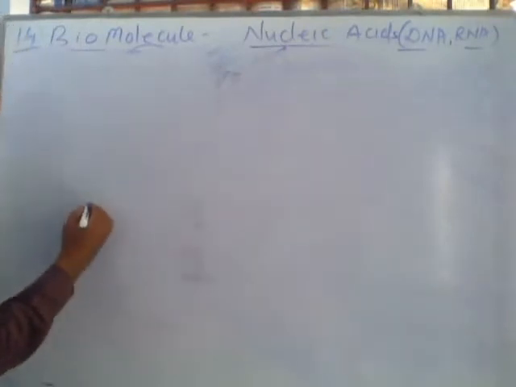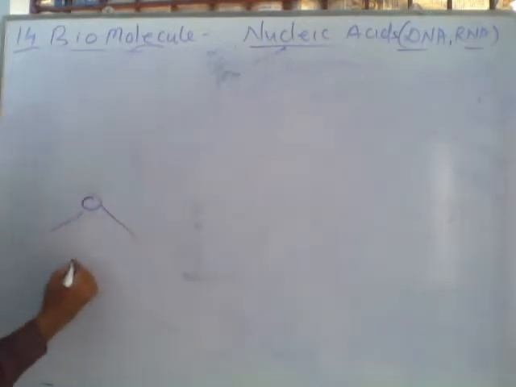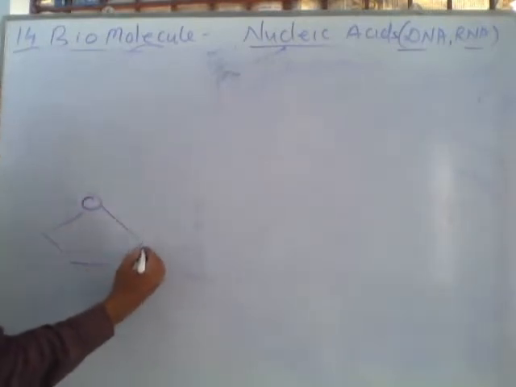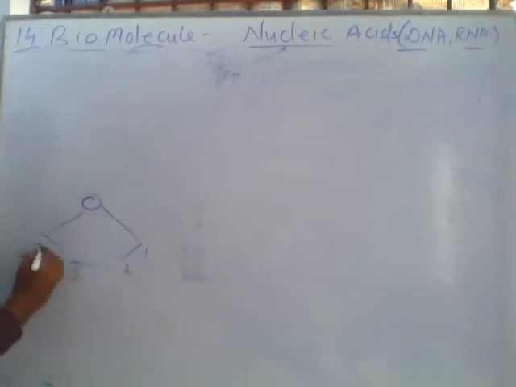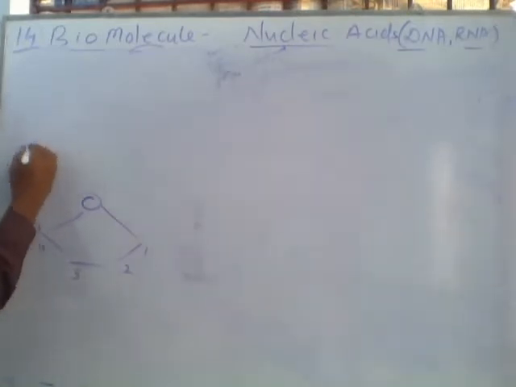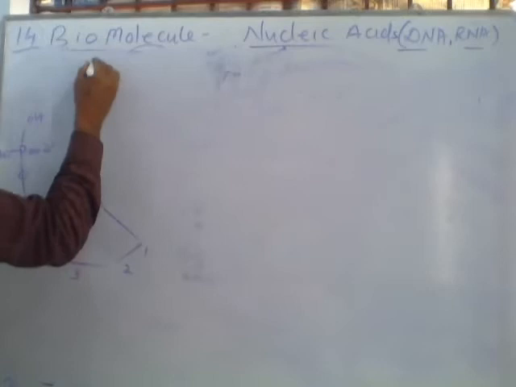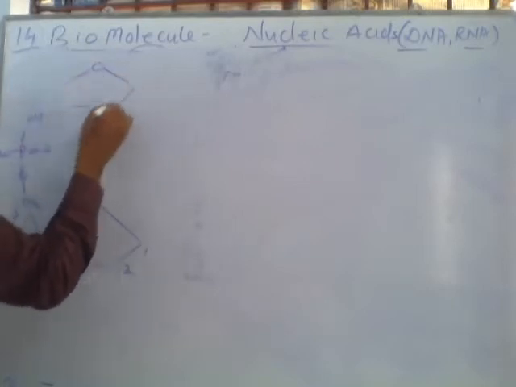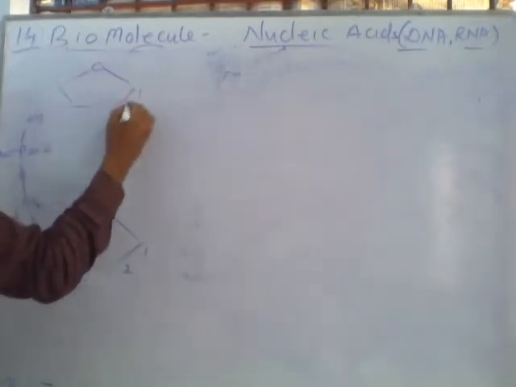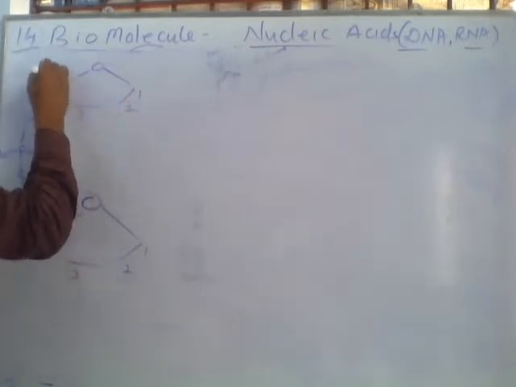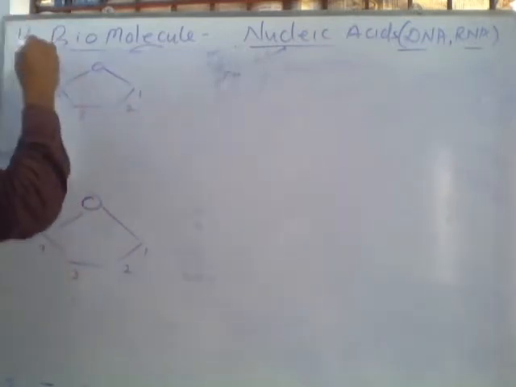Listen. Suppose oxygen here, 1, 2, 3, 4. Here CH2, CH2 is the fifth. This is connected with what? Phosphorus, double bond O. Here O, OH and here HO. Here I am writing another sugar. So 1, 2, 3, 4. This is the fifth. This fifth is again connected with phosphorus.